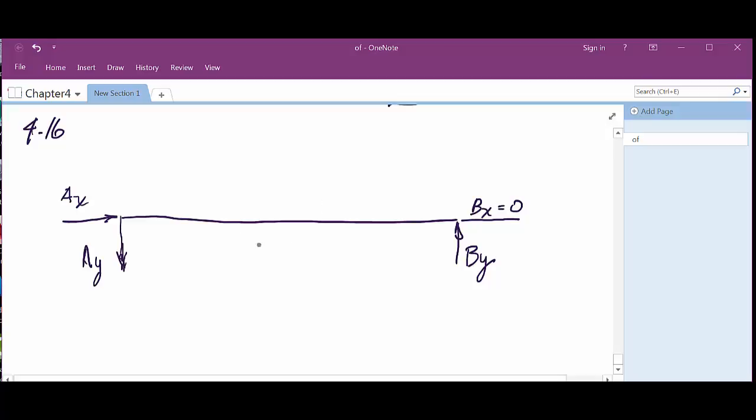And then we've got a force out here that's doing this. Now you've got to be careful here, because that's going to be 2 kips per foot, times, how many feet? 16 feet. So the feet cancel out. So that'd be about 32, right? 32 kips. Plus,